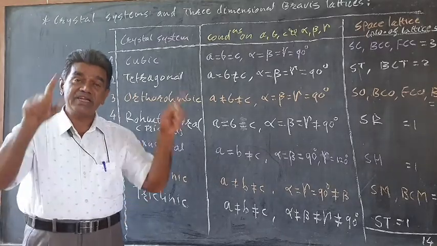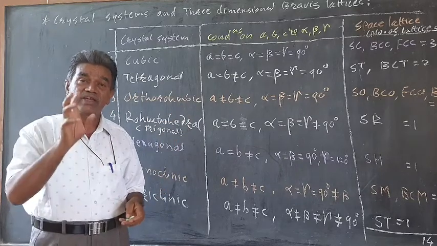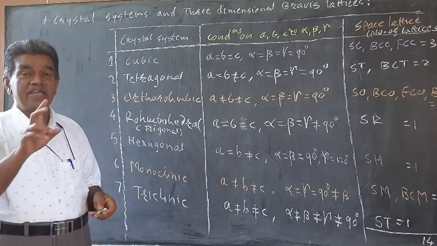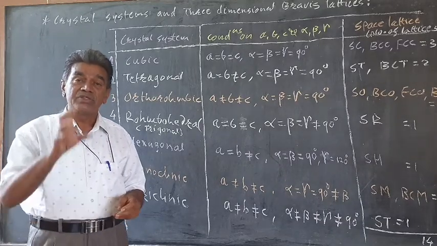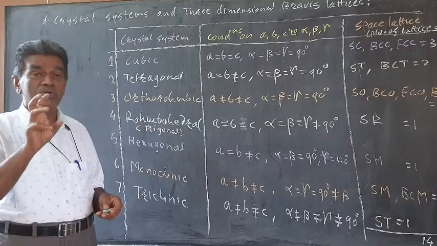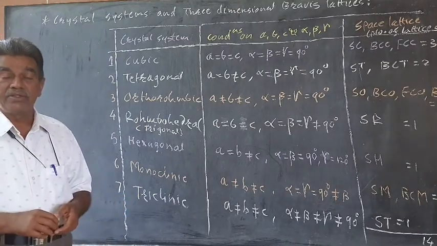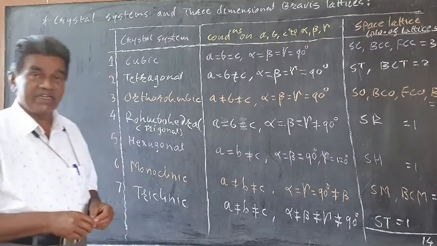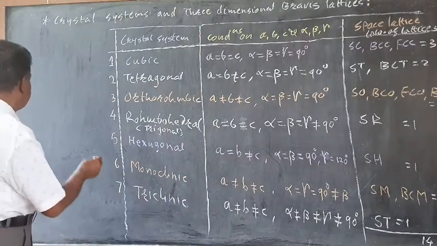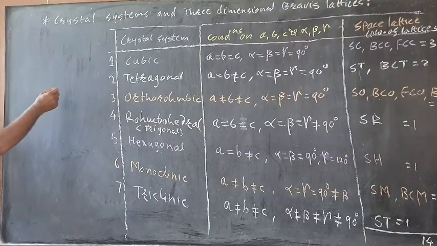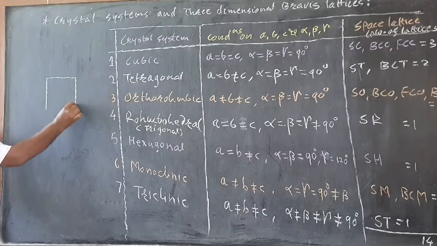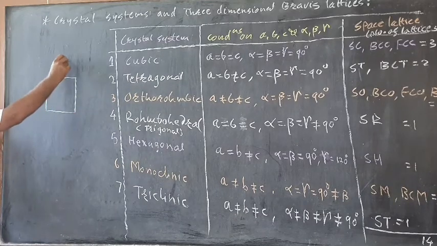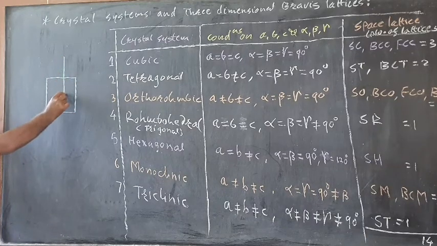And in the space lattice we can construct a small unit such that it has high symmetry and is bounded by the shortest vectors. Such a small unit or group is known as the unit cell. The size and shape of the unit cell in the three-dimensional case can be given with the help of 6 parameters. So this is the unit cell in three dimensions. The size and shape of the unit cell is given by 3 interaxial angles.